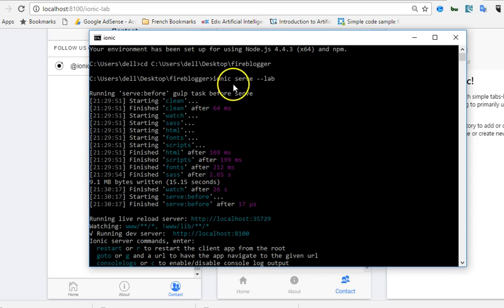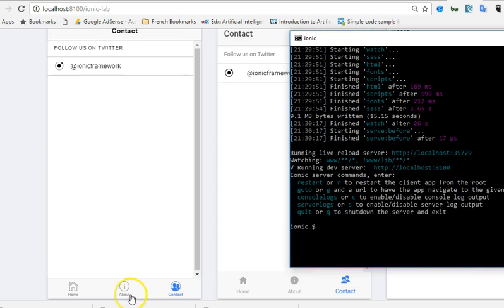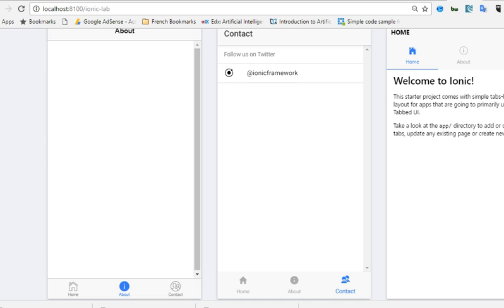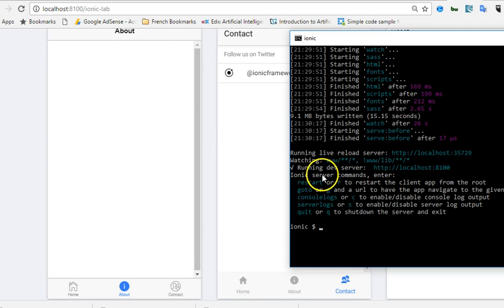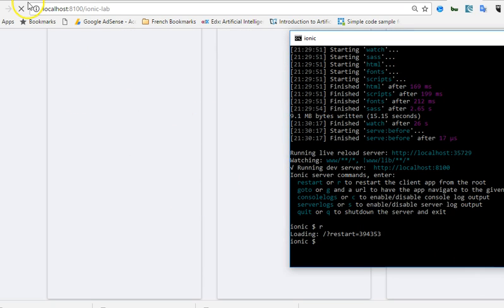Here, when you run Ionic Lab, it usually shows you this, that you can restart the app. For instance, zooming, I've done something here. I've opened the about page. We can restart this app by typing R or typing restart. I'll press R and I'll hit enter. As you can see, it has restarted in my browser. See, as you can see, it's reloading. All right, then the next thing is